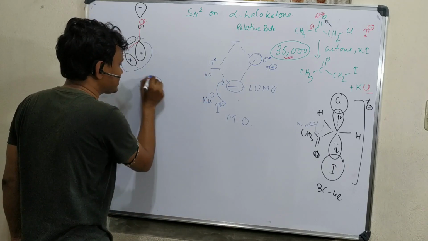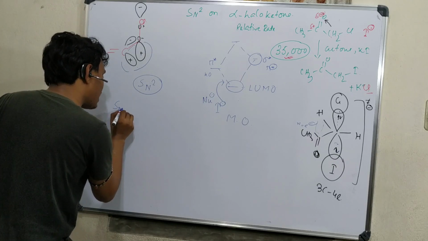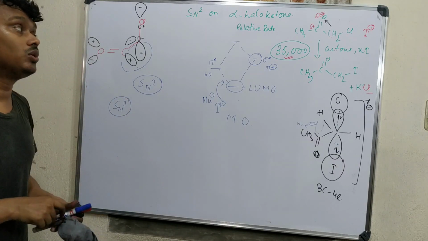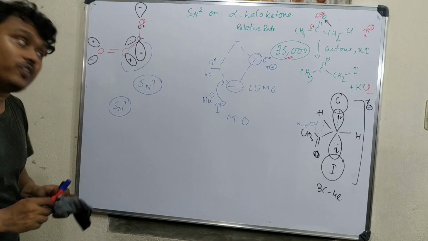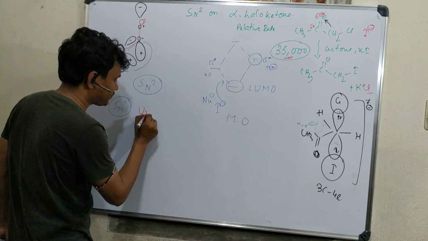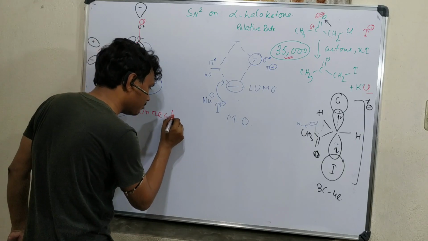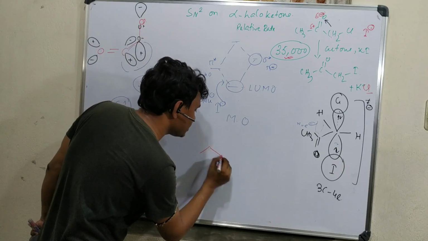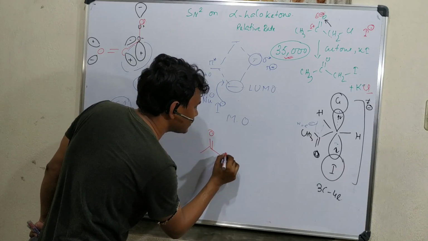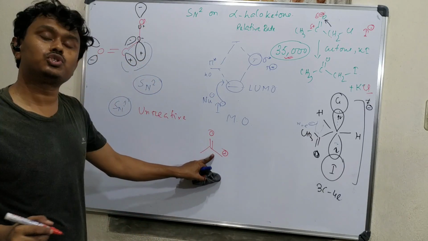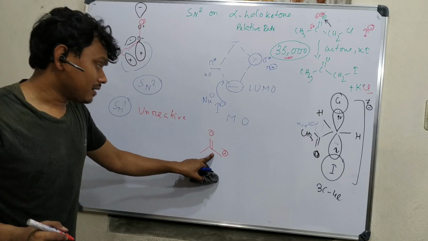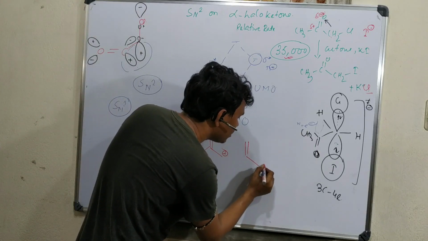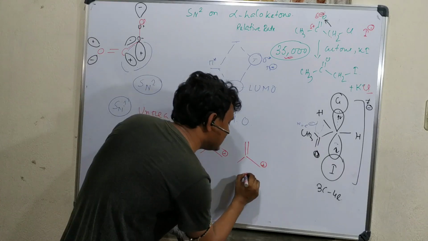But is it common for SN1? For SN1 reaction, this alpha halo carbonyl compound is very unreactive. This is some extra example I am giving you. Why? SN1 reaction means the formation of this carbocation here, which is highly unstable due to the withdrawing effect of this carbonyl, and that's why it is not stable compared to this. This is an allylic system,